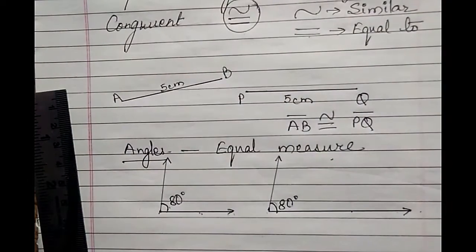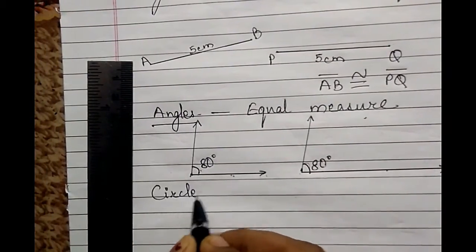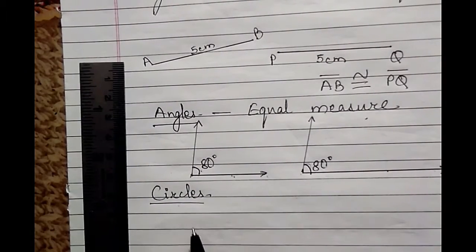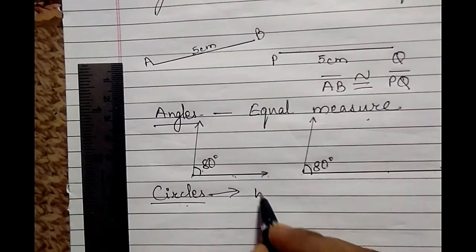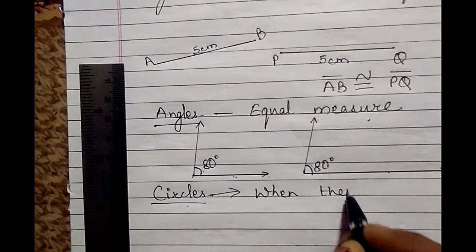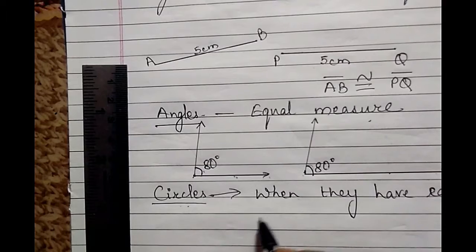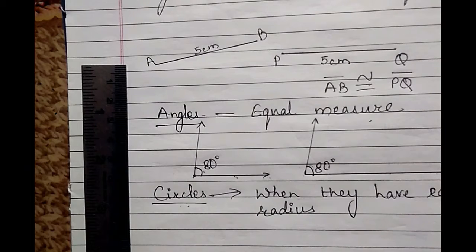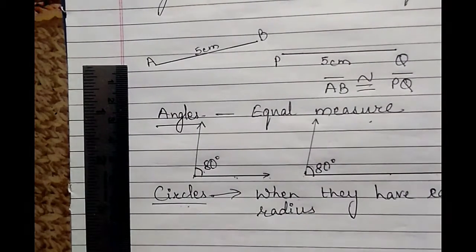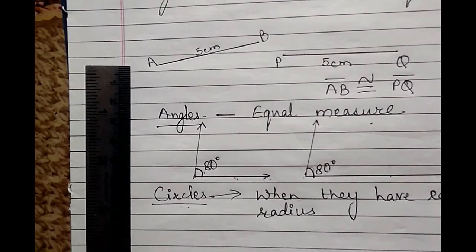Now, one question for you all. Circle is a plane figure, so when will you say that two circles are congruent? When they have equal what? Radius. If the radius is the same, then automatically the circles will be the same. Then they will be equal in shape. It is a circle so the shape will be similar anyway. And if their radius is equal, then we call them two circles that are congruent to each other.